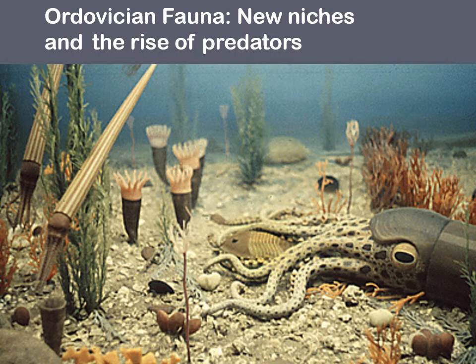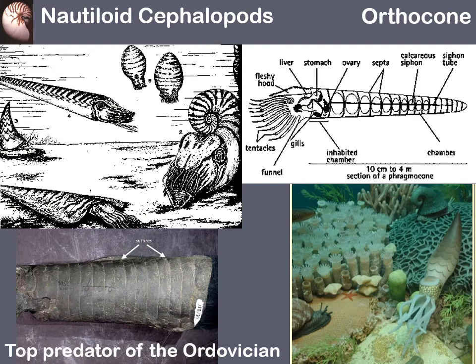Well, one of the reasons why we have all these diverse or disparate trilobites and all of these spikes and armor is because we have new predators in the Ordovician. Predators that still have some ancestors in our oceans today. The dominant predators, though, in the Ordovician were cephalopods. Now, cephalopods today are mostly represented in the form of squid and octopi, but we also have cuttlefish and nautiloids, and the nautiloids are the ones that we see as the top predator of the Ordovician.